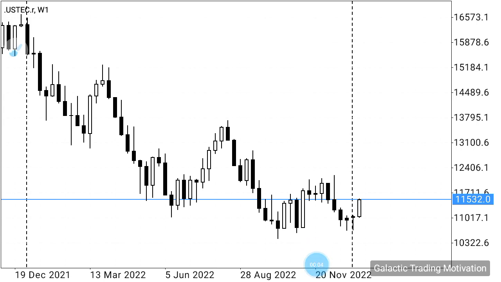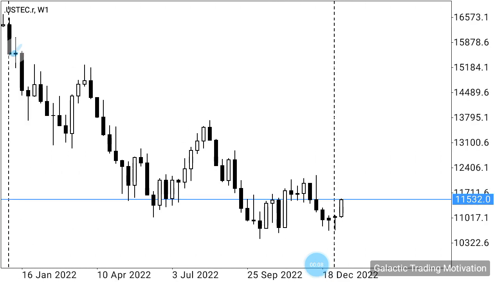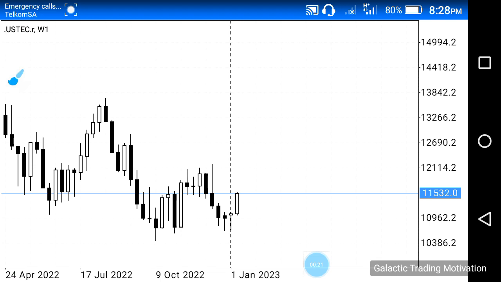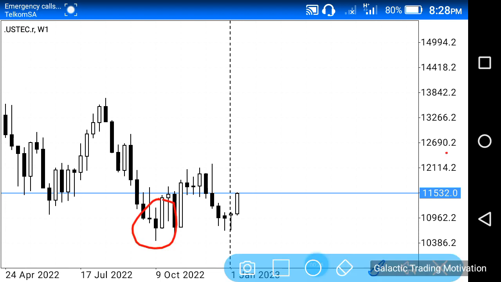Let's quickly have a look at Nasdaq 100, and we are on the weekly chart. In regards to this particular chart, I can see that we have what seems to be a very big W structure at this point, with this side being the first leg of the W structure and this side being the second leg, right? To add to that, we also have this candlestick over here, which is a liquidity candlestick,